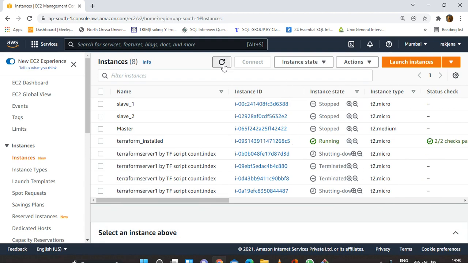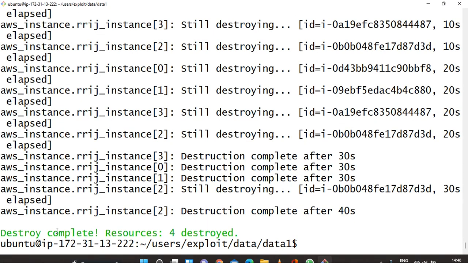As soon as the process completes, you can see all the instances in terminated state. So all are terminated. You can see destroy complete, four resources destroyed.